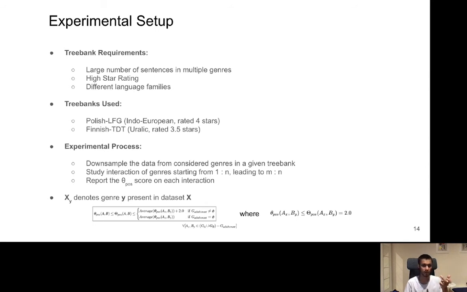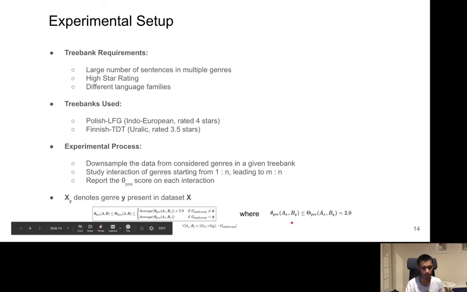So one has just one genre, the other has one genre, two genres, three genres, and so forth, going on to an M:N setup where there are multiple genres on both ends. We report the theta POS scores on each interaction and then compare the bases. Now over here, the theta POS of AX and BY, where AX represents genre X in dataset A,